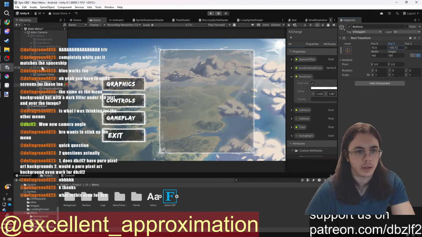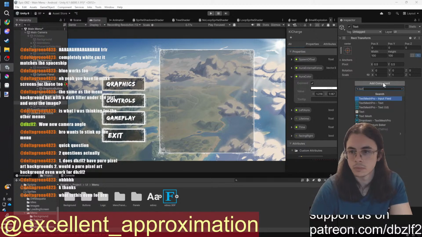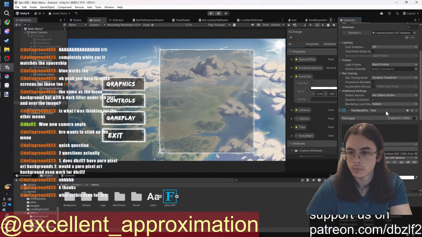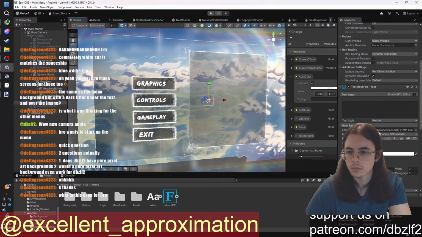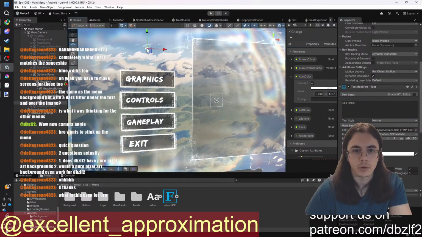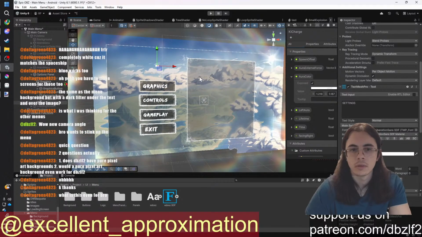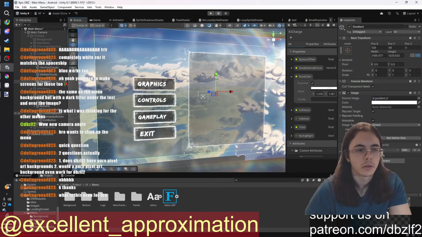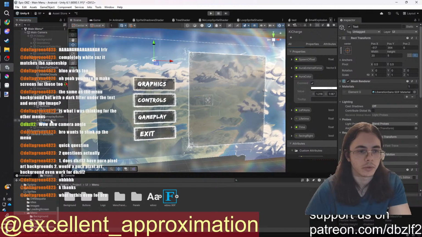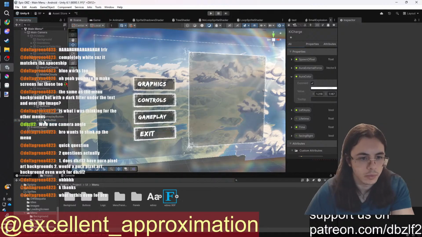Yeah, you want to add settings text here. Where's the text? What? Why is there no text? Okay, I'm going to